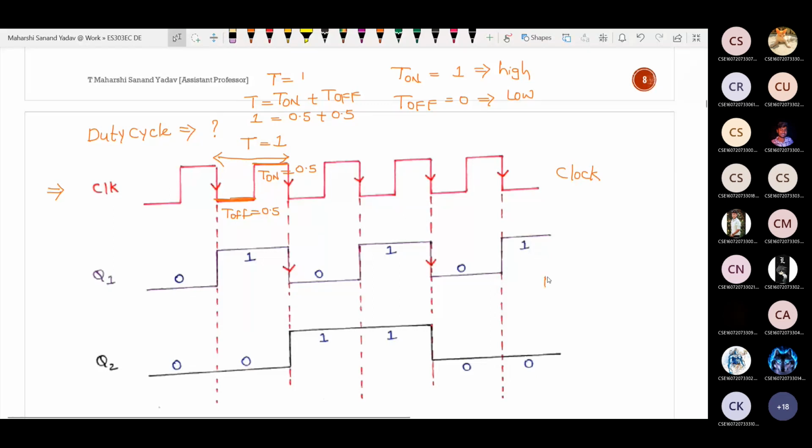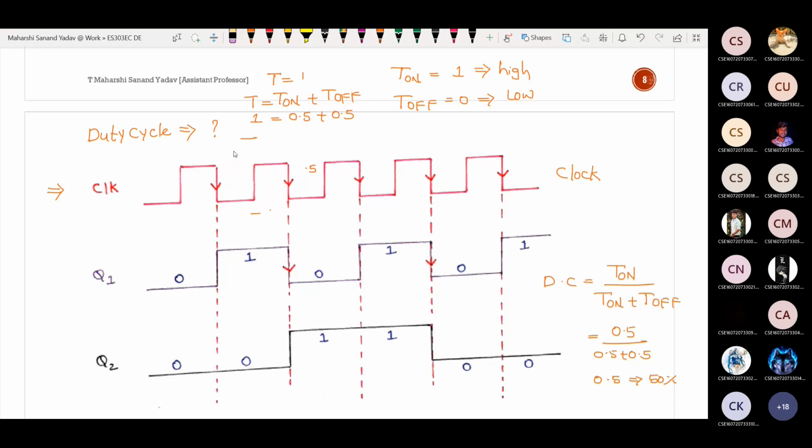Now duty cycle. Duty cycle is nothing but on time period by total time period, means on time plus off time. So try to compute this one. On time period is 0.5. Next 0.5 plus 0.5, which is nothing but 1. 0.5 divided by 1 will be 0.5, in terms of percentage, 50%. So if anyone is asking you to tell me the duty cycle, you need to say as 50%. So throughout our subject, we will use clock as 50%.